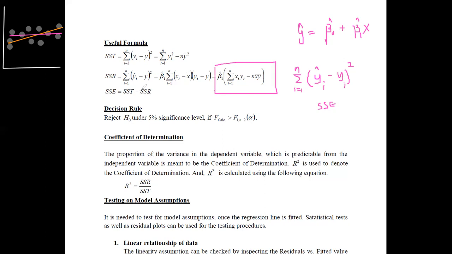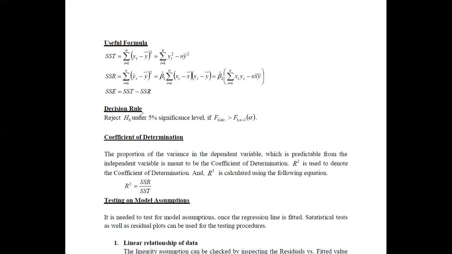I told you that based on the F value, we are taking the decision. Therefore, we can define the decision rule for this, and generally we perform this hypothesis testing at the 5% significance level. Since we are performing the hypothesis test at the 5% significance level, we can set the value of alpha. Alpha is now equal to 0.05. According to the ANOVA table, we have calculated the F value, and we can call it F cal. It is for the calculated F value.